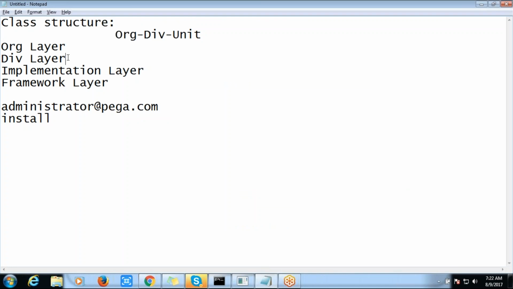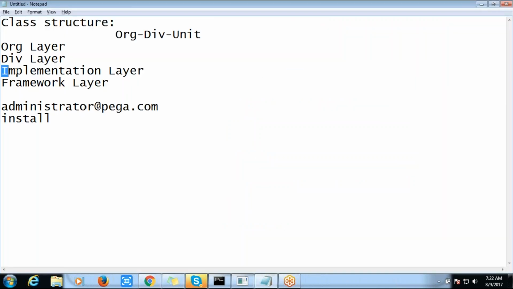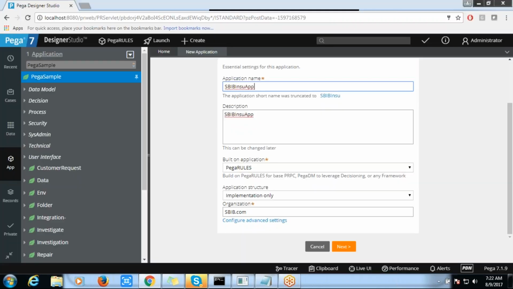Now I'm just giving the organization name something like this. So it will create the organization layer with this, and the division layer with this, and the rest of the things like implementation and framework are going to be created based on the structure you select.